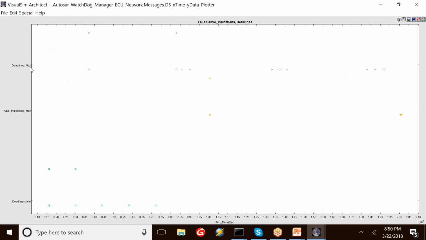But what I can see over here is how many of them have actually exceeded their deadlines. So you can see all of these are actually above the deadlines. The other one is there's also some of these that have not met the deadline, meaning they're actually below the minimum value. So we expect the deadlines to be within a range. Here you can see these were above the range and these were below the range. So it kind of gives you a visibility into whether your software is actually working correctly based on the expected